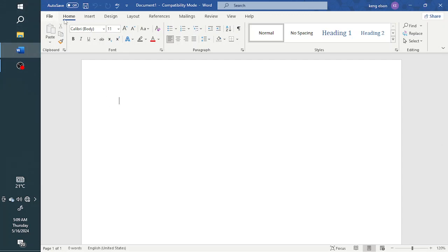We have the File tab, the Home tab, the Insert, the Design, the Layout, the References, the Mailings, the Review, the View, and the Help. According to this program, we are going to look at the File tab, the Home tab, the Insert tab, the Design tab, and the Layout tab. These other ones I'll just run through, not in detail, but if you have specific questions about them, you can post your questions in the comment section or even in the WhatsApp group. Our objective is to give you the essentials that you're going to be using to digitalize